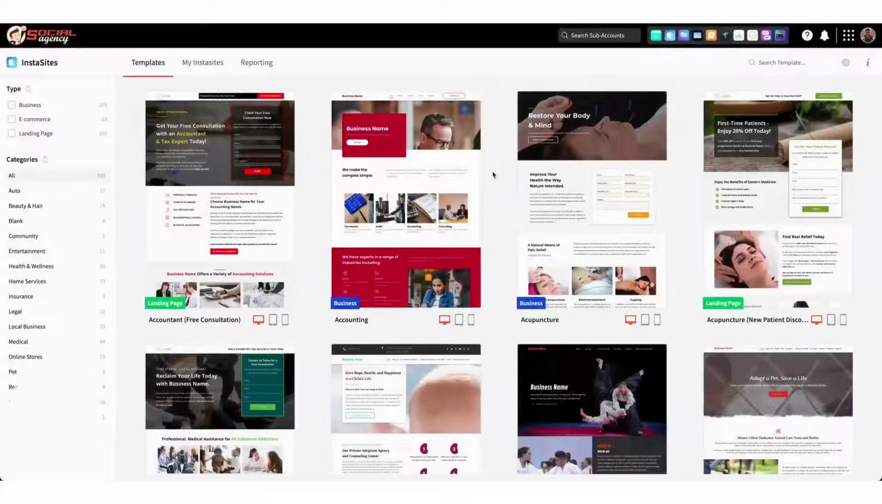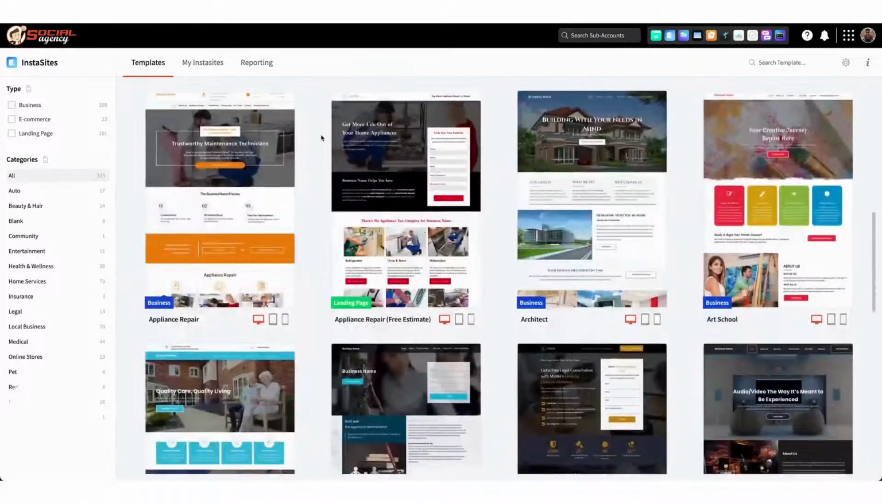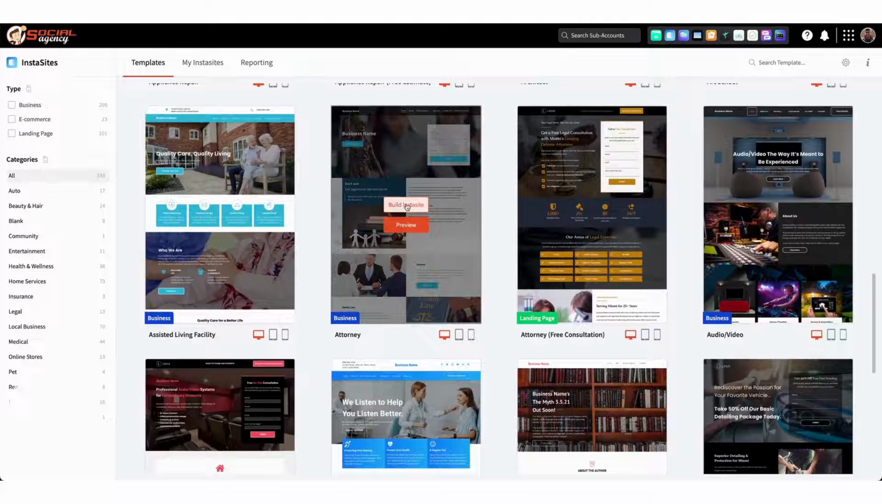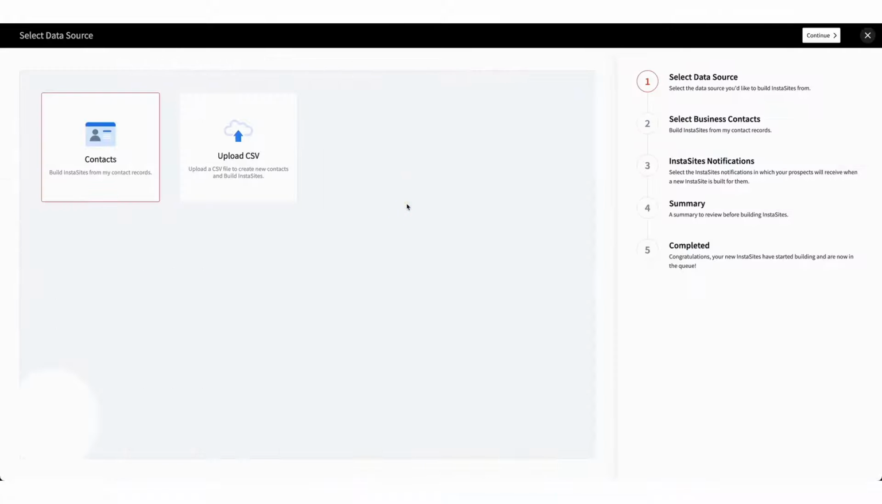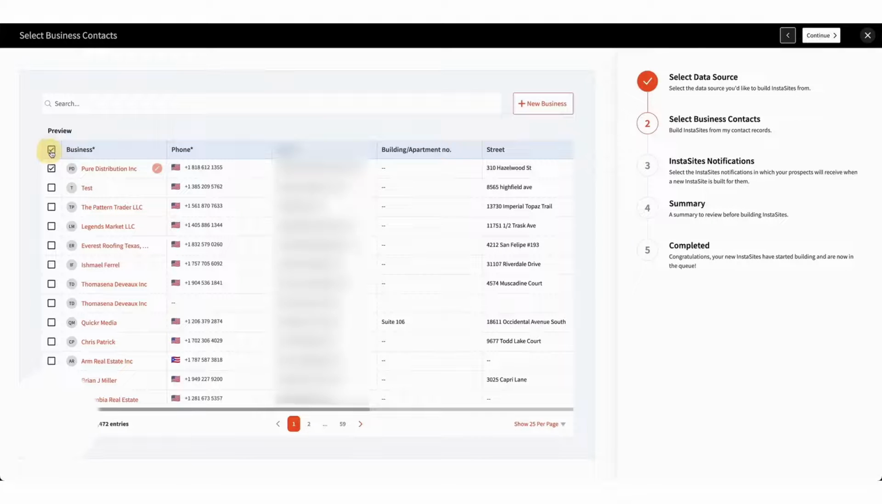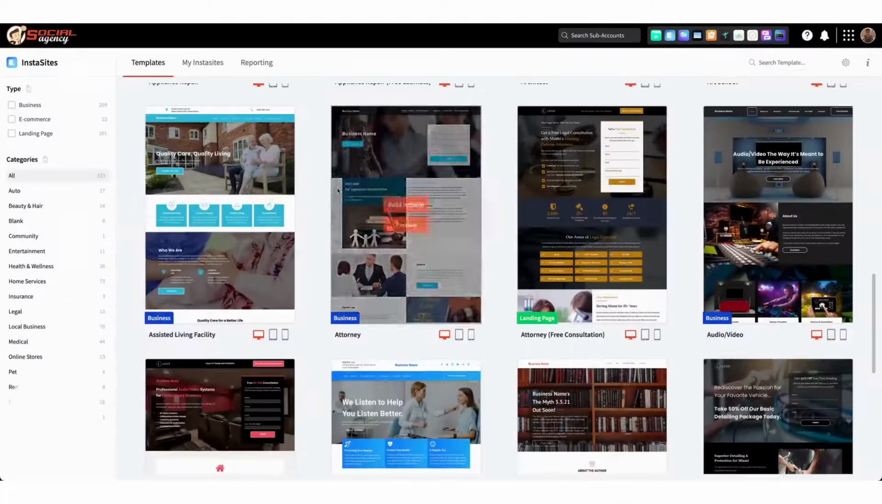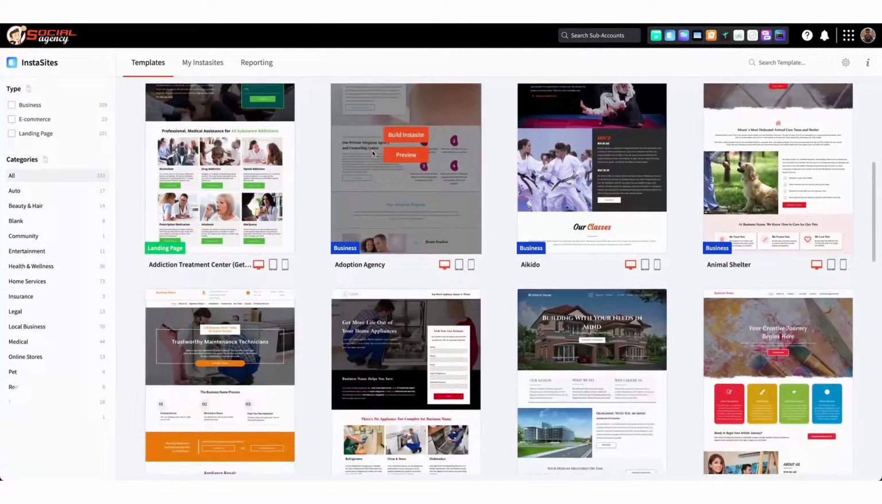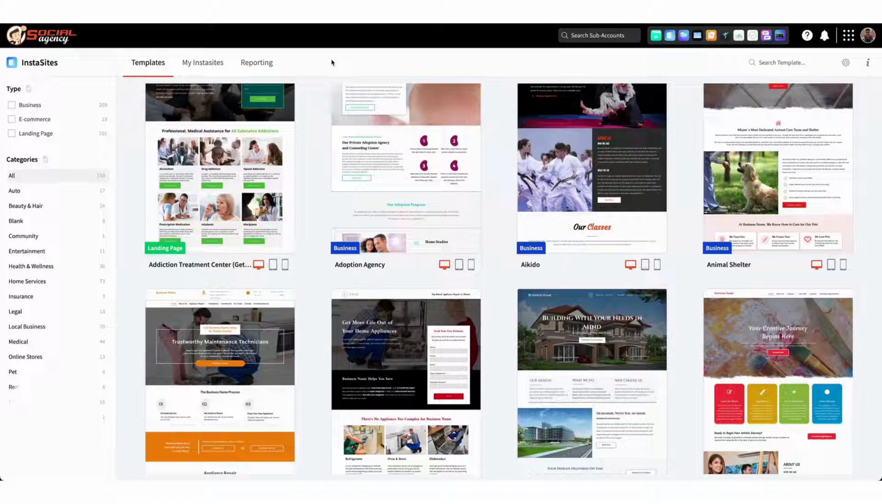InstaSites is probably also one of our most powerful prospecting tools. We have over 333 templates across almost every niche that you can think of. And what's really cool about this is you literally just come in here, you pick a template that you want. Let's say you want this specific attorney template, you just click Build InstaSite, and you can select a contact from your CRM system, right? Let's say I want to select this contact, and you just click Continue, and it literally builds that website, takes all of the person's information, and injects it and builds that person a custom website in like 10 seconds,